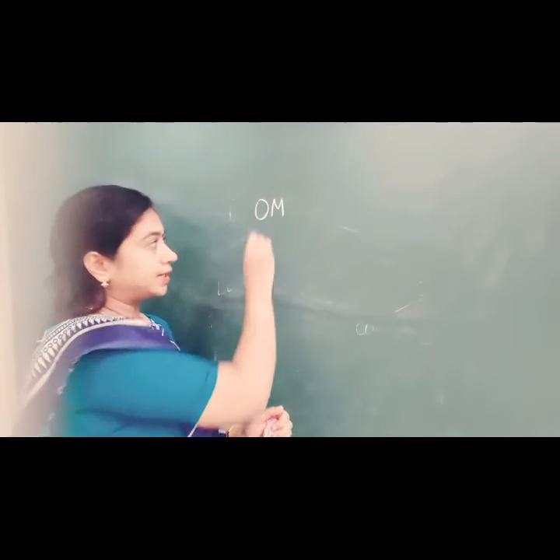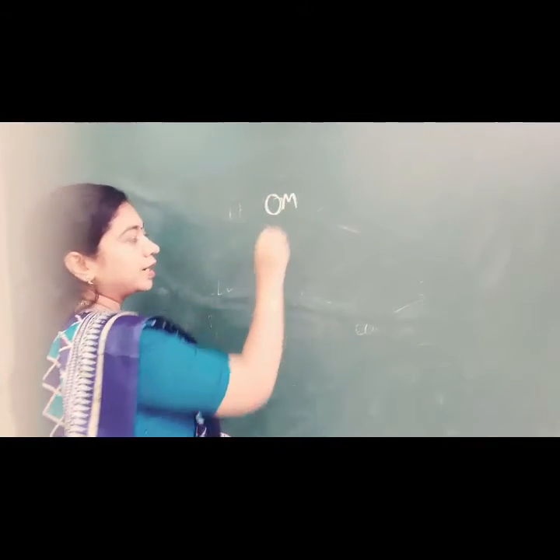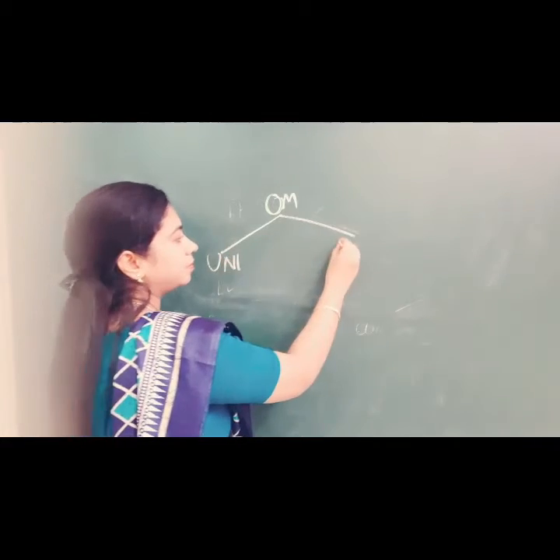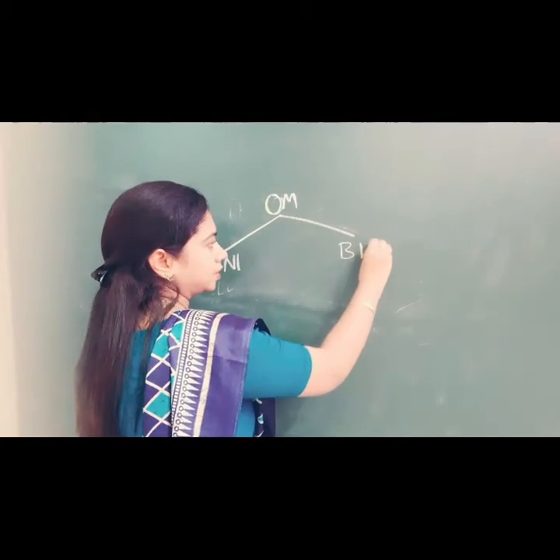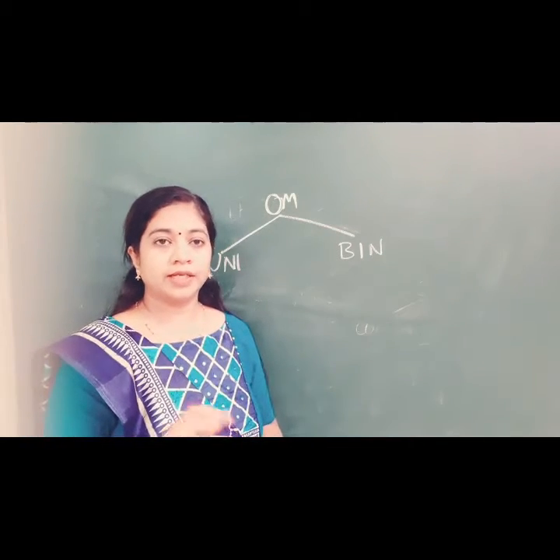Today I will be discussing yet another confusing chapter, that is ocular movements. So don't write the letter E here. EOM means, so it's coming to ocular movements, it can be classified as uniocular movements and binocular movements. In uniocular movements means you are checking the movement of eye in one eye only.